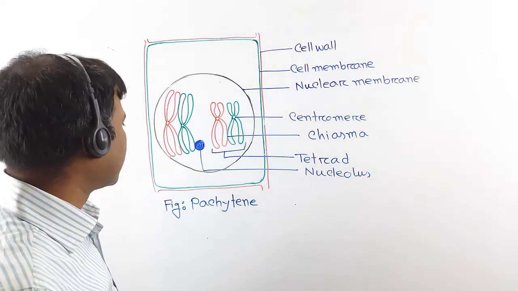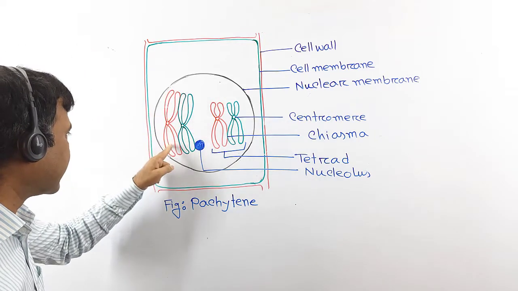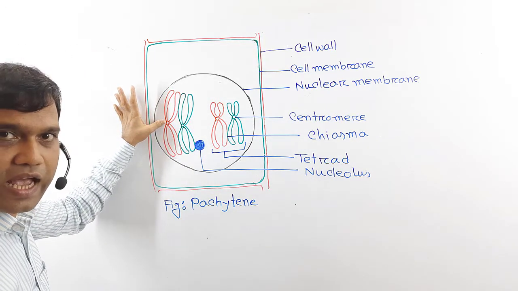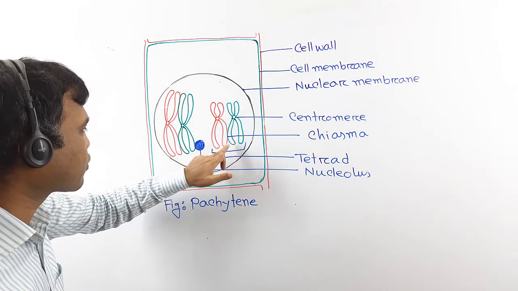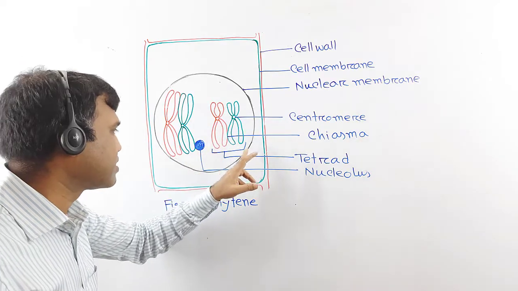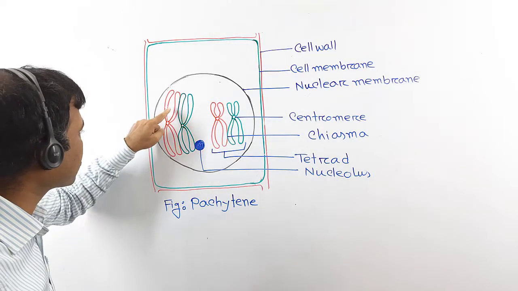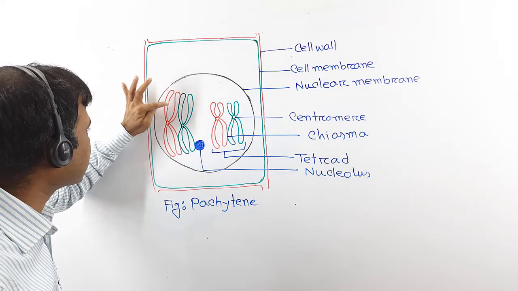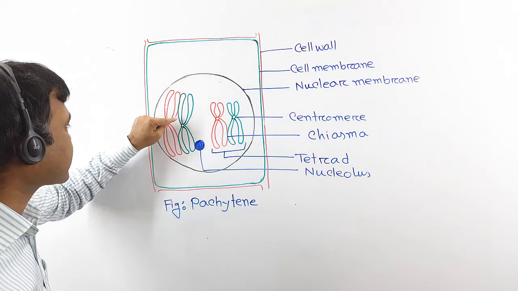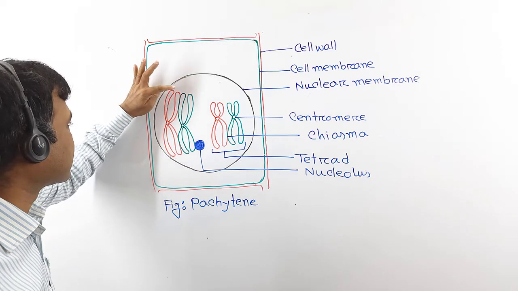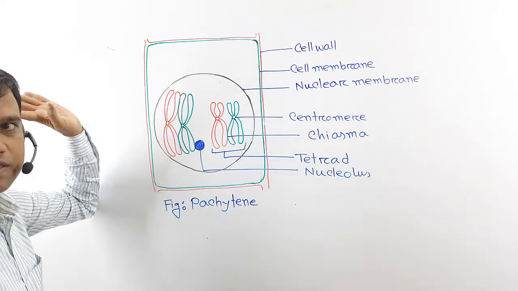In this substage, we find that each chromosome of the bivalent divides longitudinally except the centromere. As a result, from a bivalent, 4 chromatids are produced. These 4 chromatids altogether are known as a tetrad. The relation between chromatids of the same chromosome is known as sister. But the relation between chromatids of the other chromosome is non-sister.